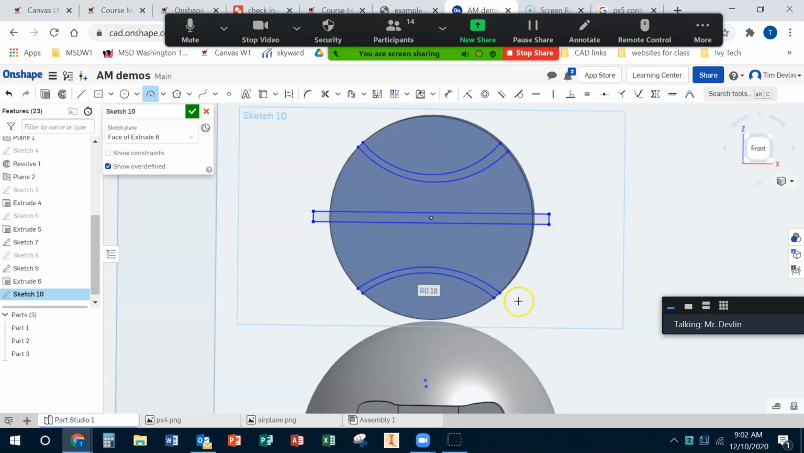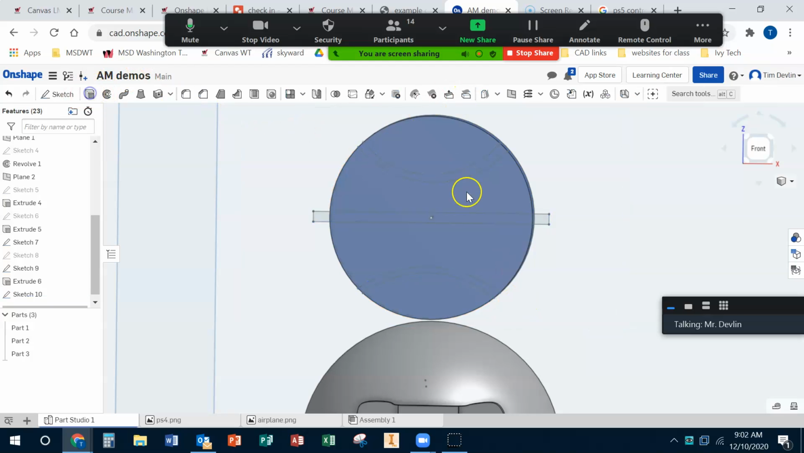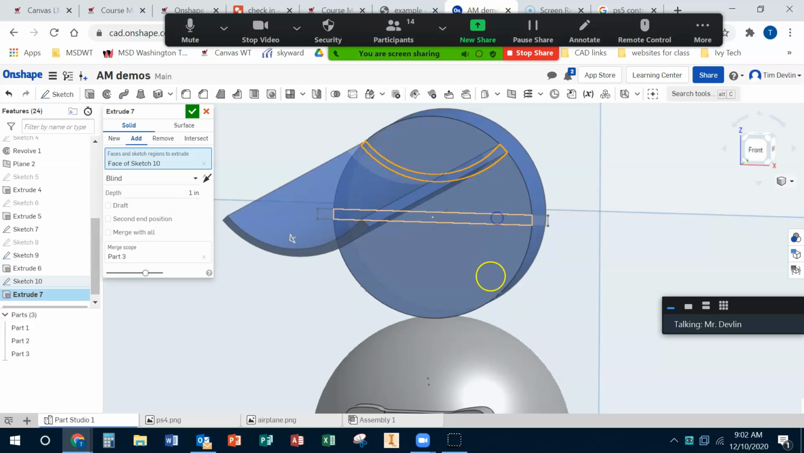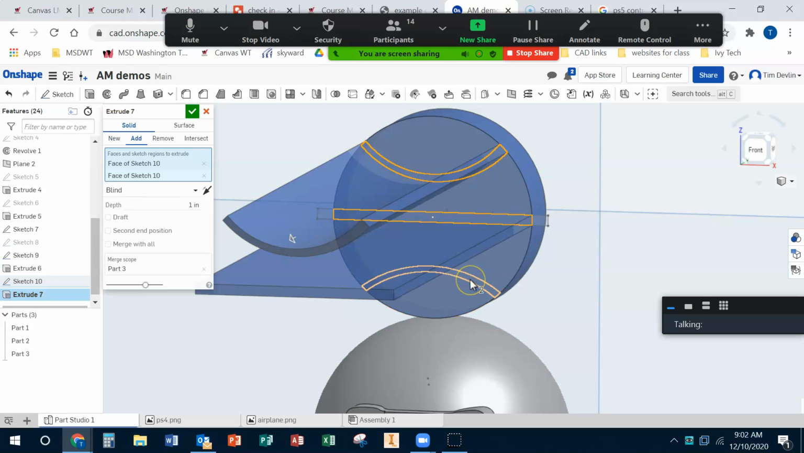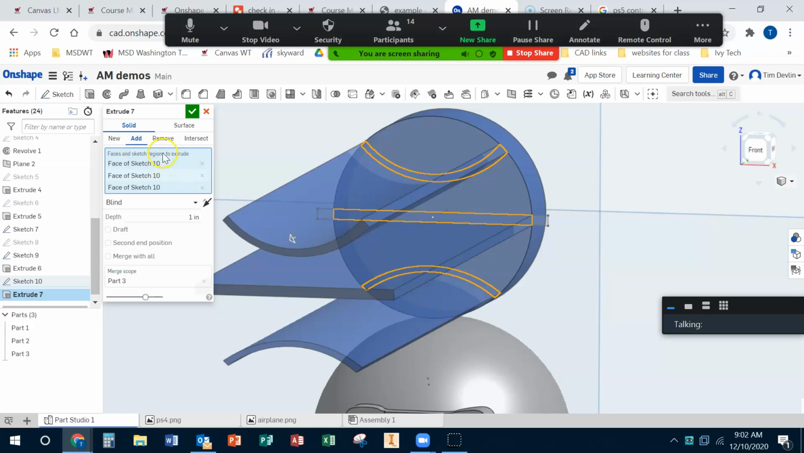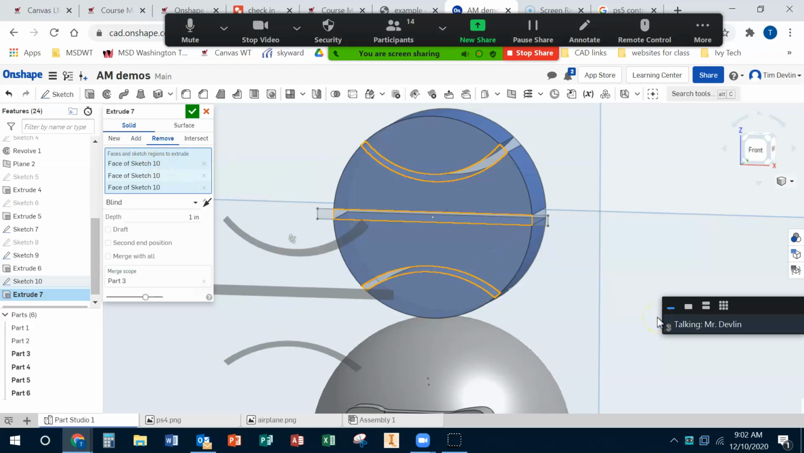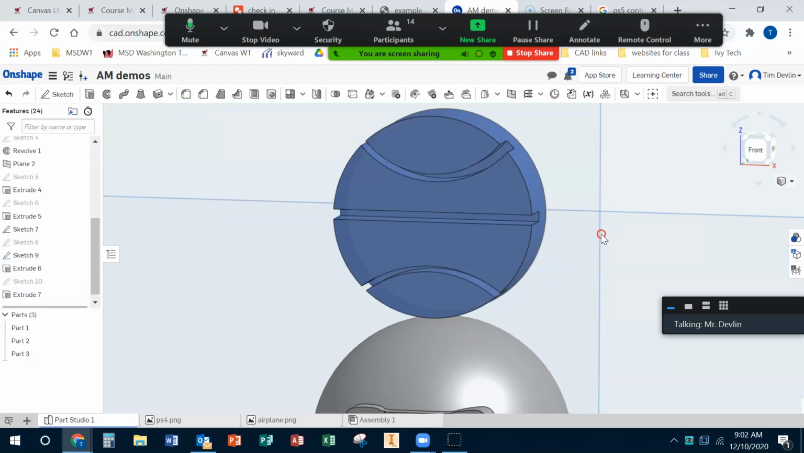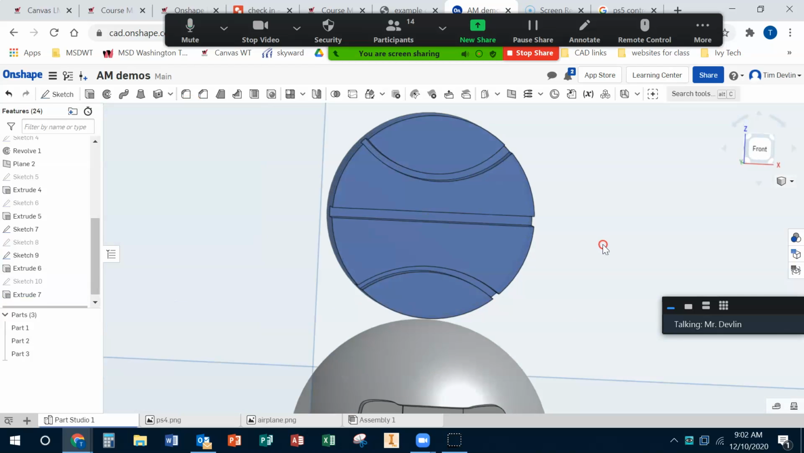And now I could press escape and I could start moving these around. But when I go to extrude, I can choose just these parts. And I'm going to choose remove and put in a really small number, and then I've got like a basketball shape. Alright,